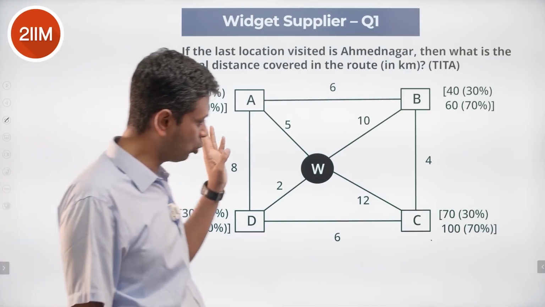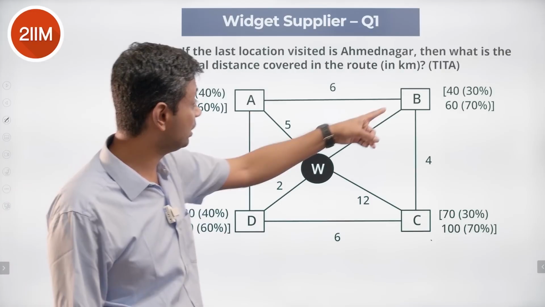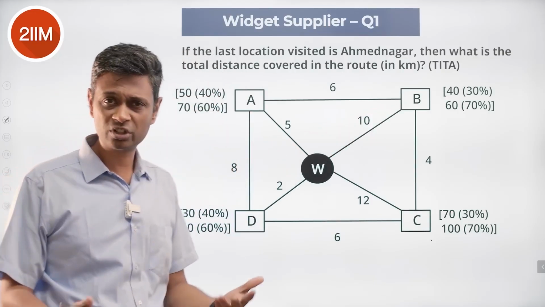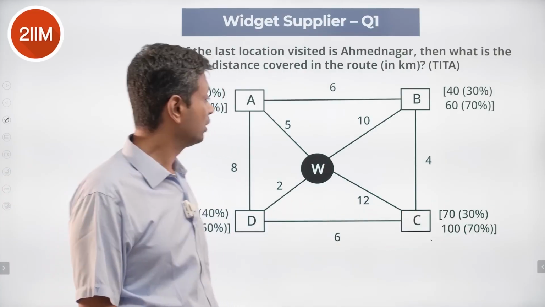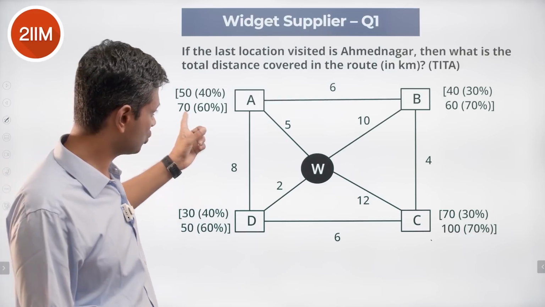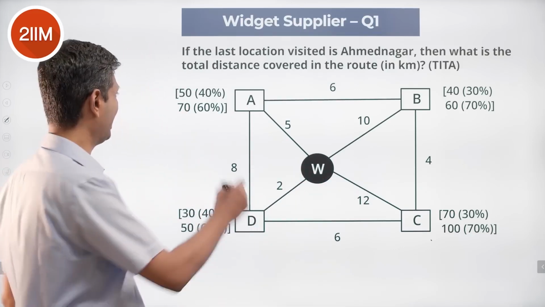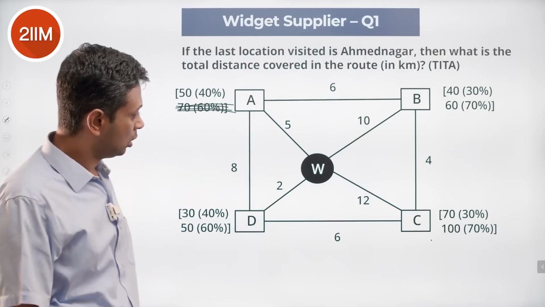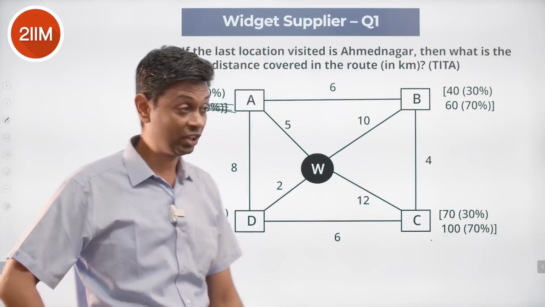So let's assume he goes to C first at 70. He has to take a decision. He could go to B, 60 or 40, or A or D, depending on which is the next number. If this were 70 or 100, it doesn't matter. A could not be 70, because if A were also 70 and C were also 70, from arrows we will go to A first. So A is definitely not 70. And so C could be 70 or 100, he starts with that